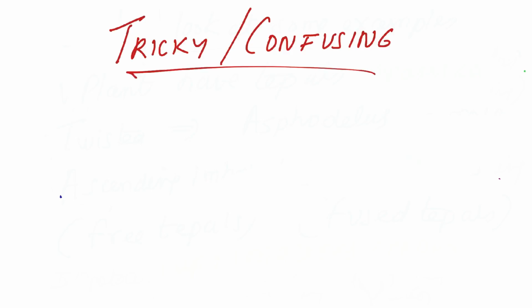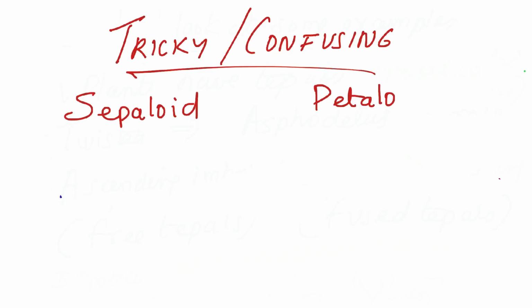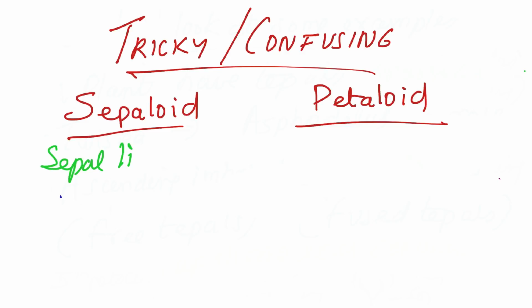Now, coming on to the most important part of this video, that is things which can cause confusion, things which rhyme or sound the same, which may cause confusion when we learn about them. So let's look at the difference between sepaloids and petaloids. What exactly are the key differences between these two